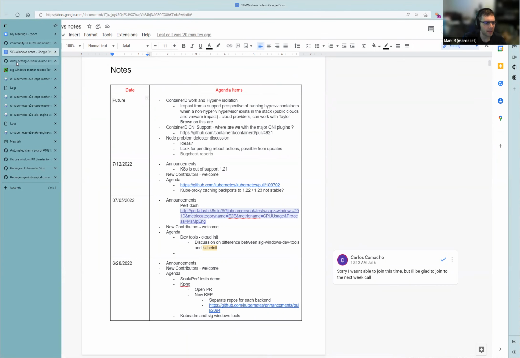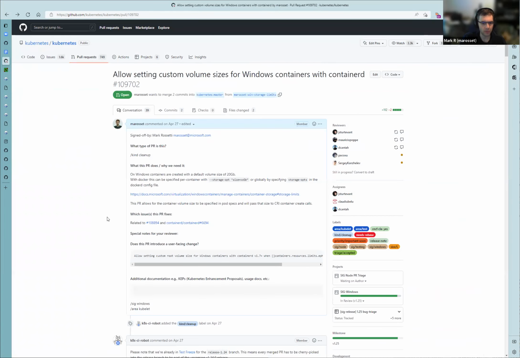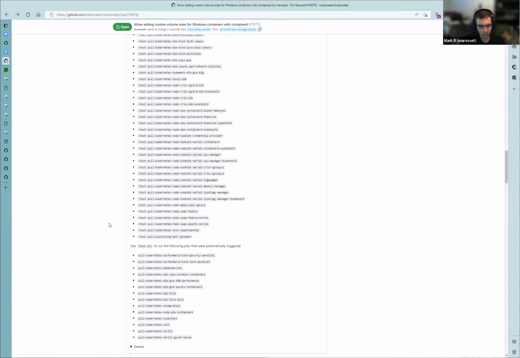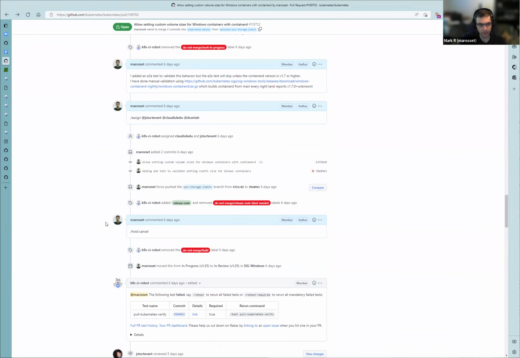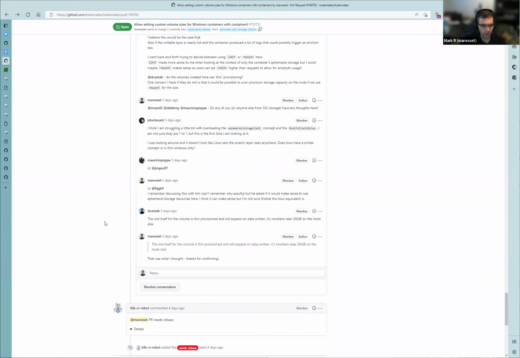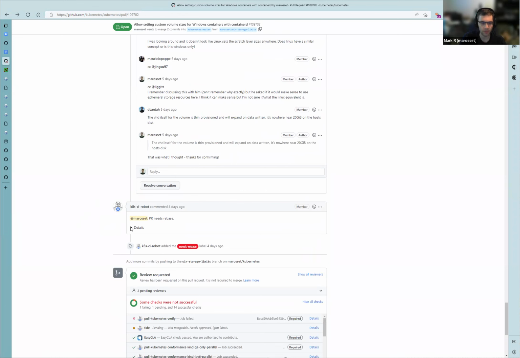Yeah, I think, who all has been added to here? I think I've added some of the storage folks. I don't know if anybody from Node has been added to take a look. They obviously would need to review it. And then I did have a conversation about this with Jordan also, and was waiting for him to chime in. So I'll probably solicit some more feedback and see if anybody from Node can weigh in too.